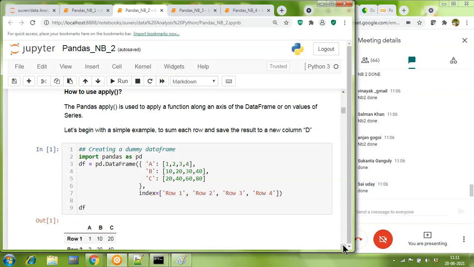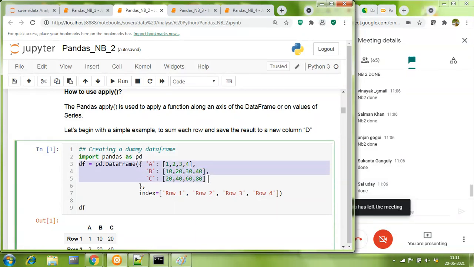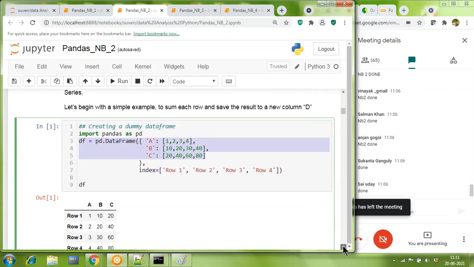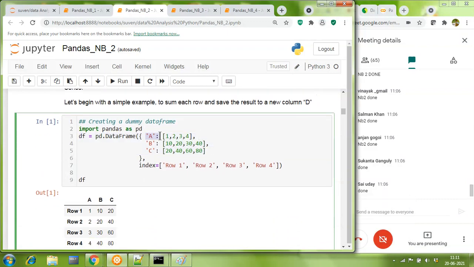So, very first thing, friends, if you notice, I have made a dummy data frame here which has three columns: column A, B, and C. Column A has so and so values, so on and so forth for B and C, and all the rows have been indexed, as you could see here.